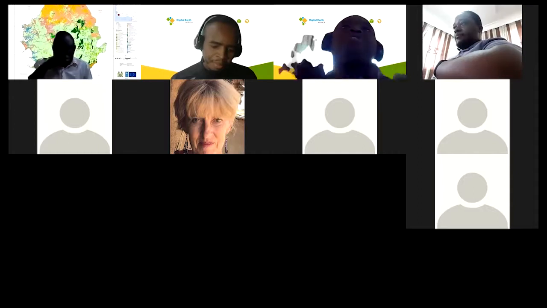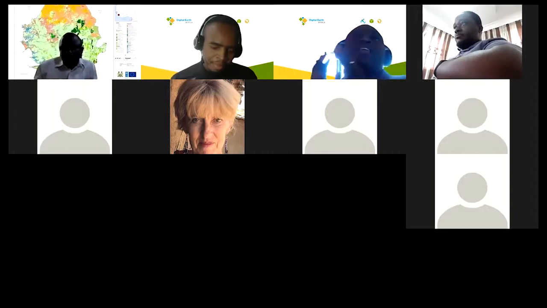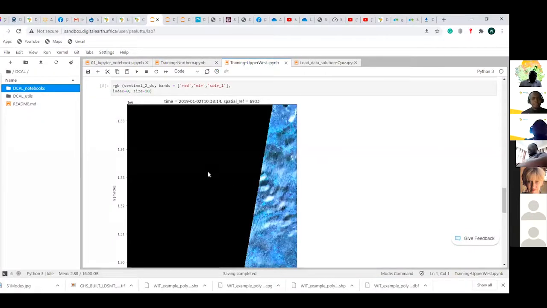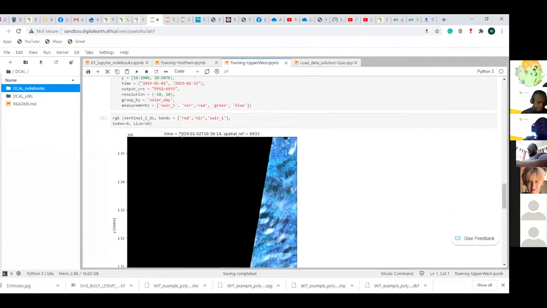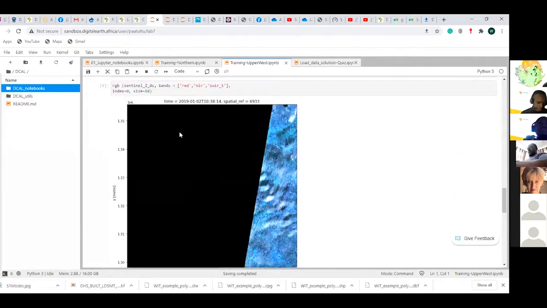Please, if any of us has any idea or any solution to the questions that are coming out, you can also speak out for the discussion. This is an example of it. I changed the coordinates for somewhere around Upper West, and this is the output. The black area is what I'm talking about.